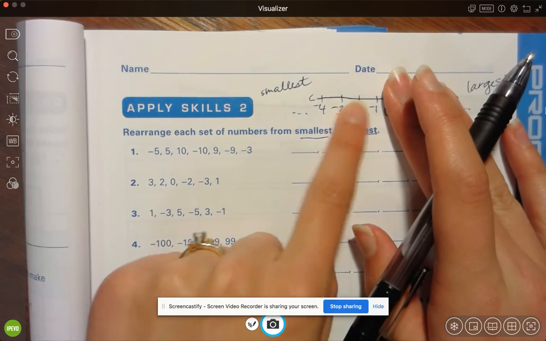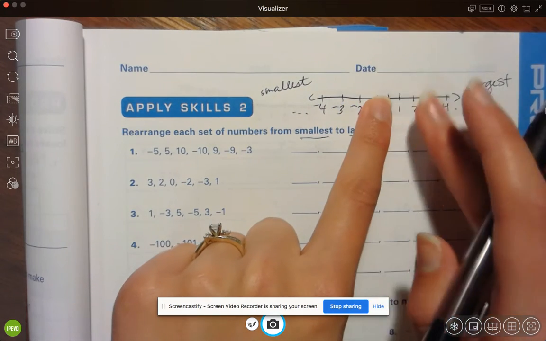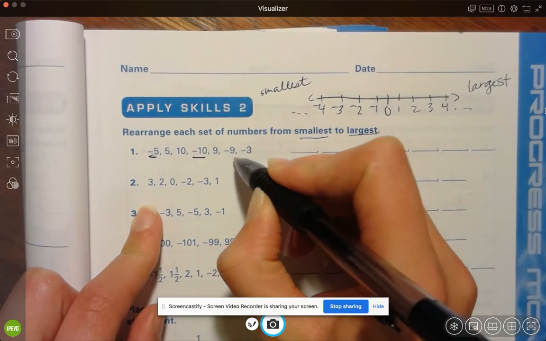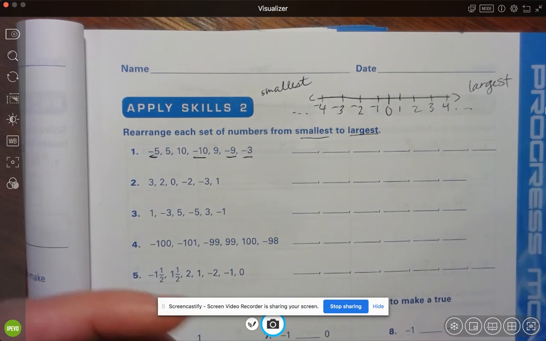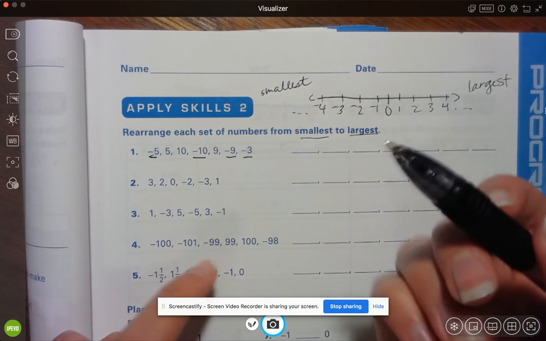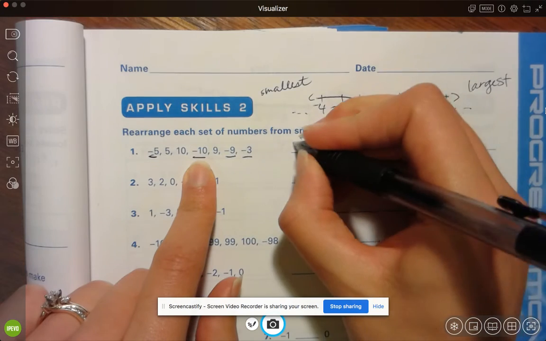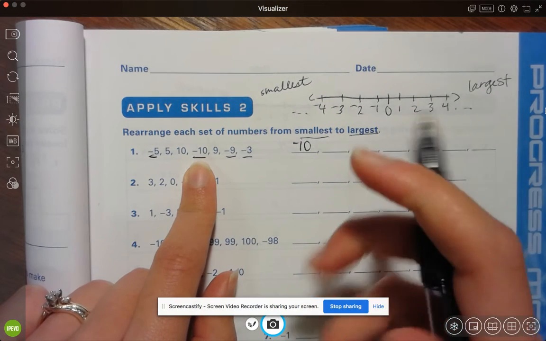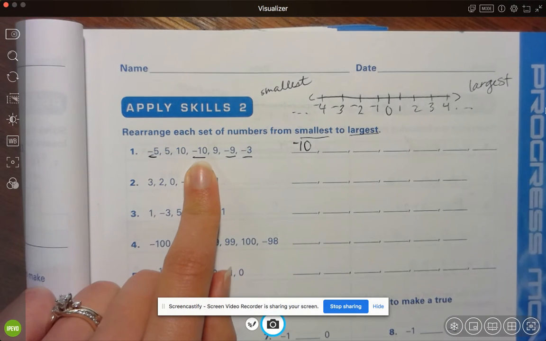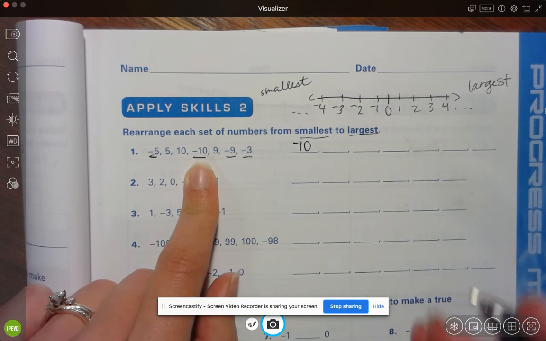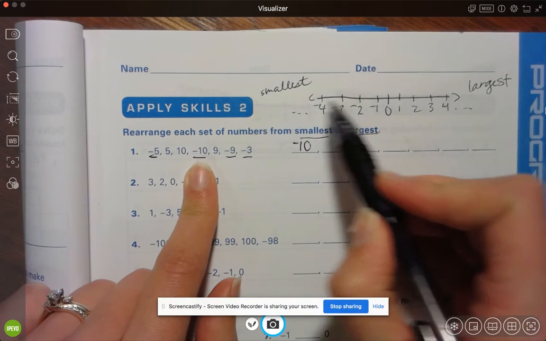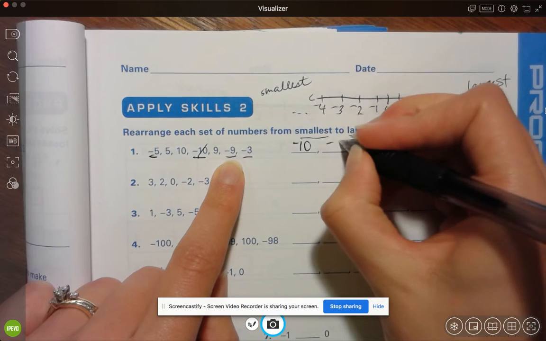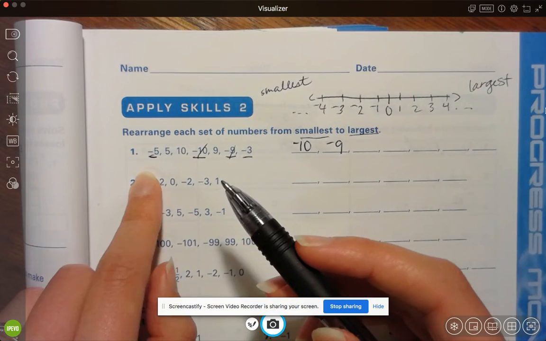Okay, so we'll start by looking at our negatives, put those in order, and then we'll look at the rest of our numbers. So let's focus on our negative numbers here. And then we'll put those from smallest to largest. So first we look for our biggest negative, and that would be -10. And then we just count down, right? You usually think 10, 9, 8, 7, but with negatives, when you put -10, -9, -8, you're actually counting up, okay? So -10, -9 would be next, -8, -7, -6, -5,